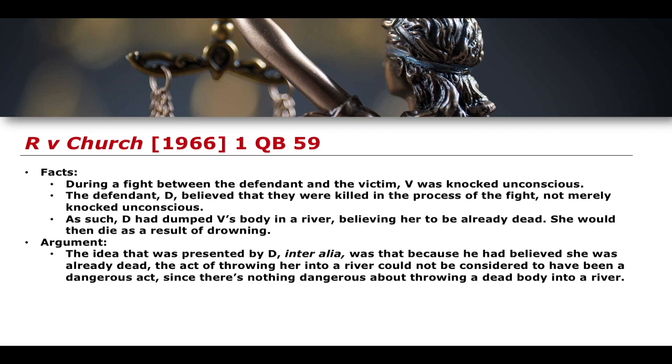You can't, for example, have an offence such as, I'm trying to think of one, maybe fraud, considered to be a dangerous act, and then therefore that leads to a constructive offence of manslaughter. So the act itself that is unlawful should be dangerous,